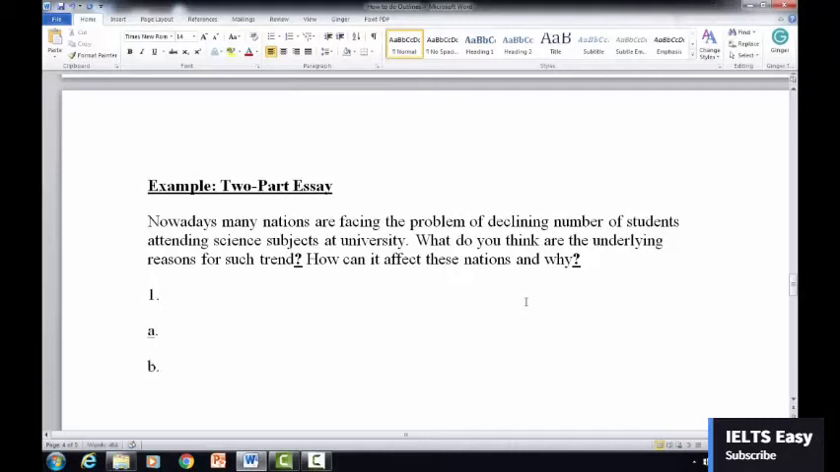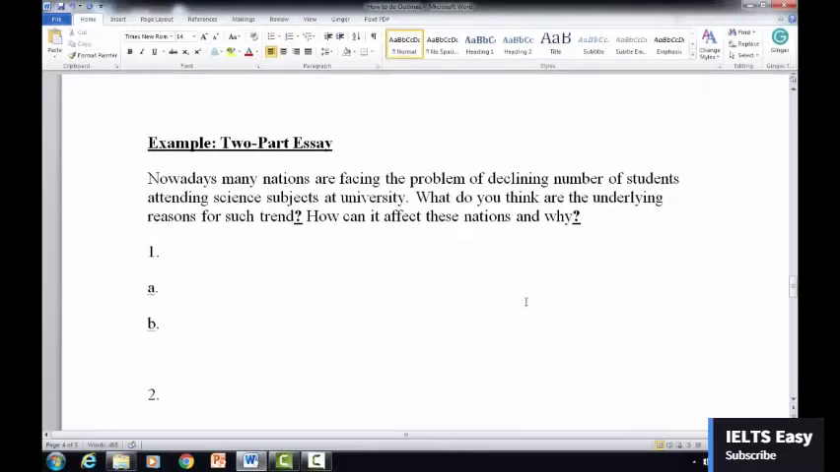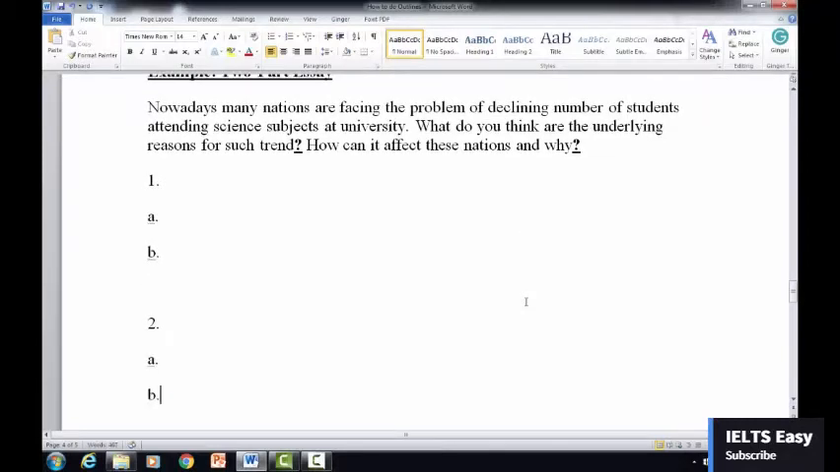All right, and here we go again with our outline. So it says, nowadays, many nations are facing the problem of declining number of students attending science subjects at university. What do you think are the underlying reasons for such a trend? How can it affect these nations and why? Right, so one question we have to answer is,